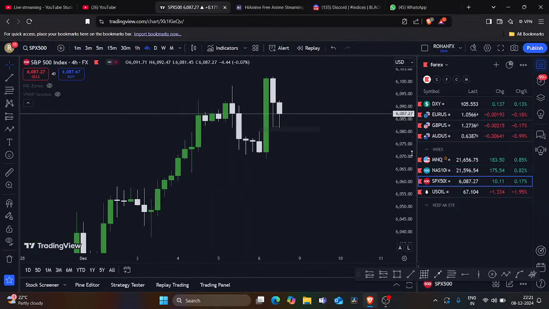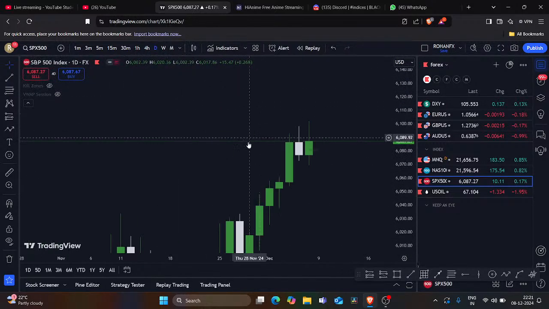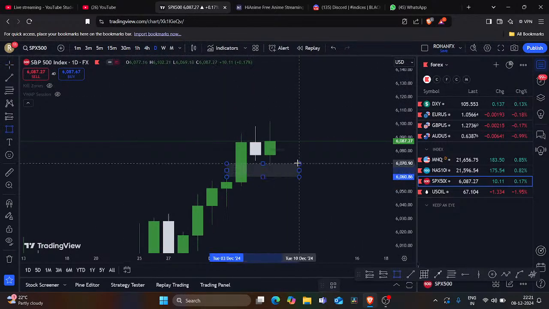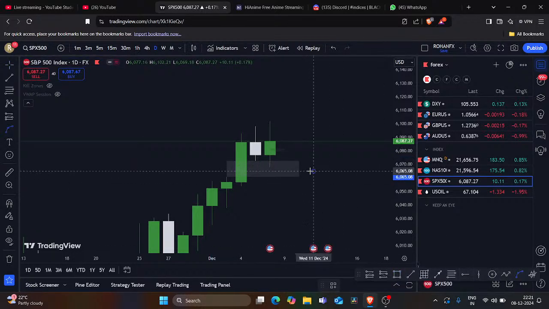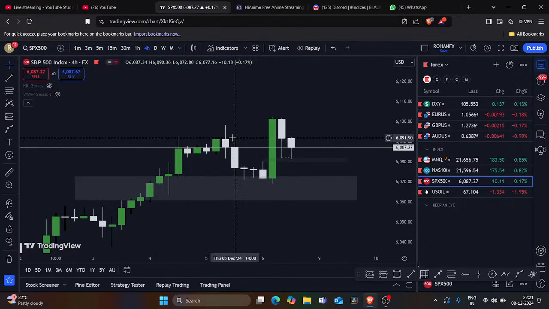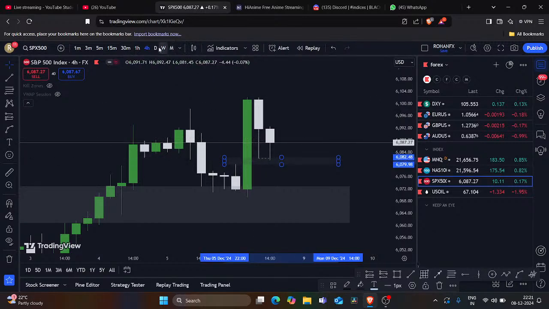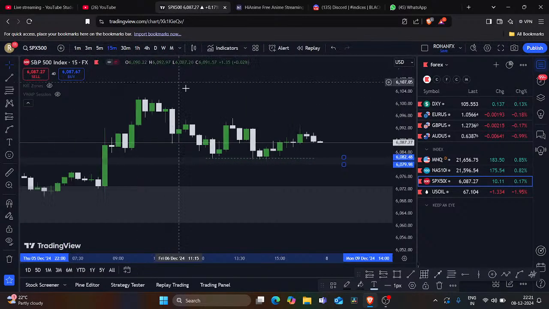So if I look at SPX, okay, 4 hours, cool. Okay, this internal range to external range has played out. So it has tapped this fair value gap, internal range liquidity to external range. It has taken out the target. So the next trade idea will be, right now there's a market structure shift, and it is respecting this fair value gap, plus it has taken out previous low liquidity. So as of now, it is still looking bullish.